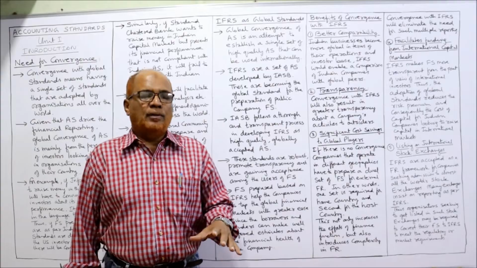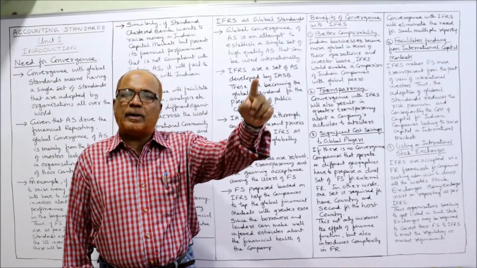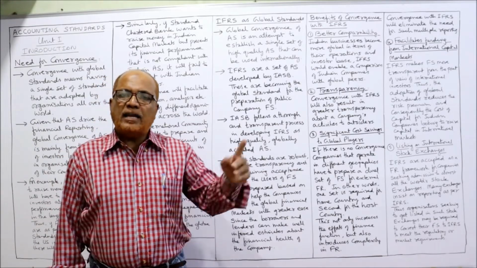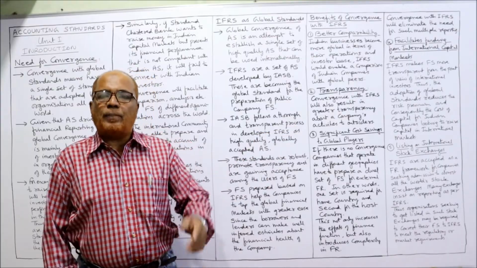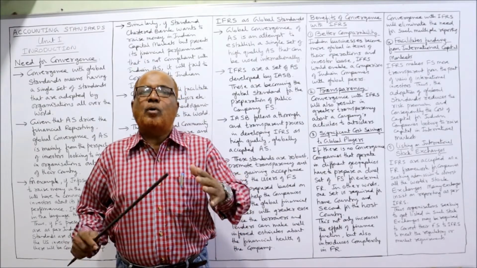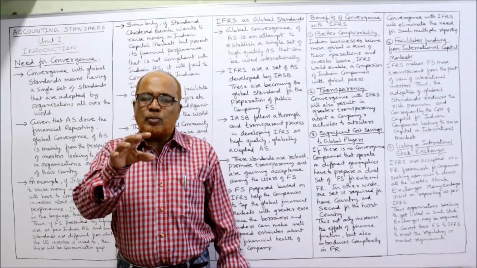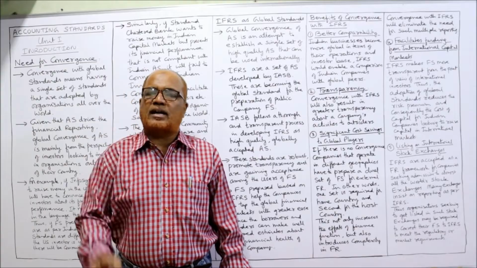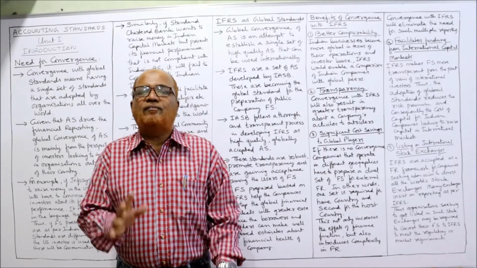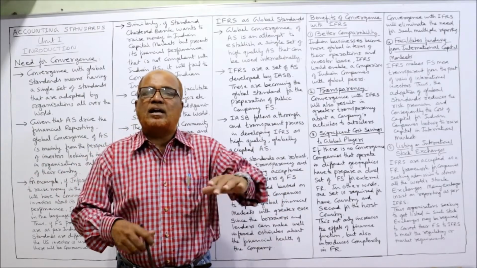In such a situation, an investor wants to compare the performance of one company in one country with another company in another country. Two companies are there, an Indian company and a Japanese company. A US investor wants to compare the performance of the Indian company with the Japanese company. The performance can be compared if both companies are following the same standard. So the companies have to prepare the financial statements following a single set of standards. Then we can easily compare. The comparison will become easier if we follow a single set, that means a convergence of Indian accounting standards with IFRS.